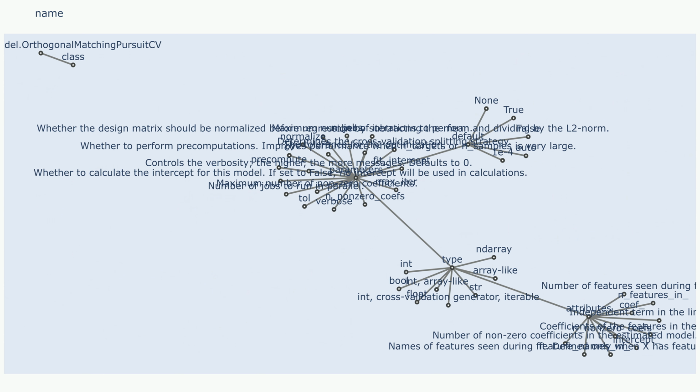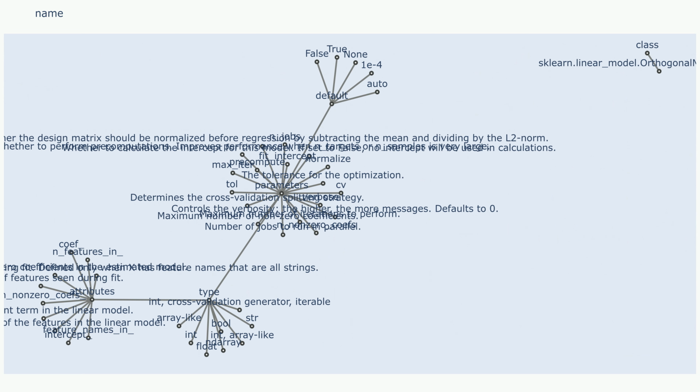9. n_nonzero_coefs, int, array-like. Default None. This parameter is crucial for defining the desired sparsity level of the model. It specifies the maximum number of non-zero coefficients allowed in the final model. None: the model will automatically determine the optimal number of non-zero coefficients using cross-validation.